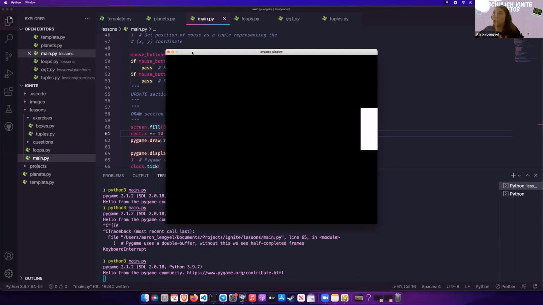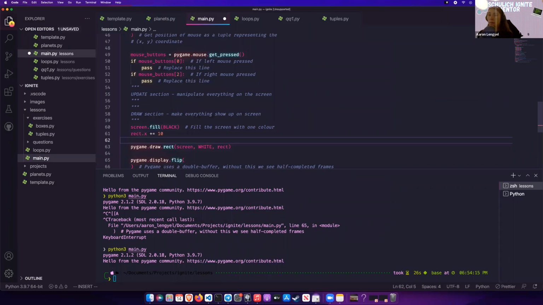And so obviously there's no collision, but all it does is every loop it's going to move the rectangle 10 pixels and then redraw it. Move it 10 pixels, redraw it. Move it 10 pixels and redraw it. And if I wanted to move it in a straight line, I'm going to add